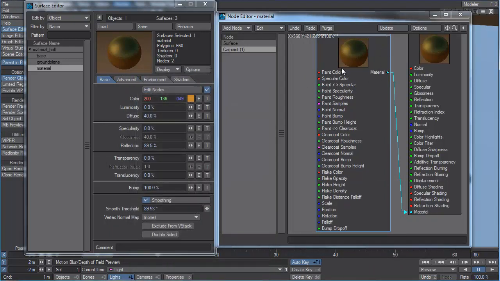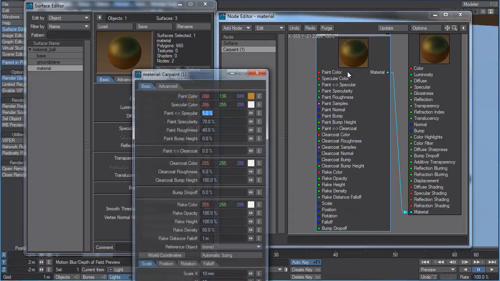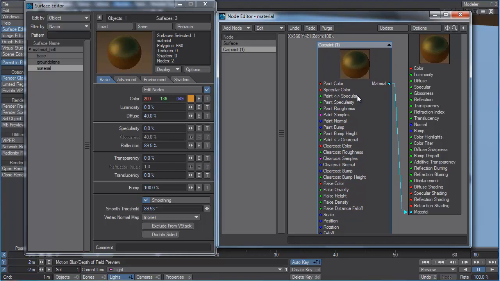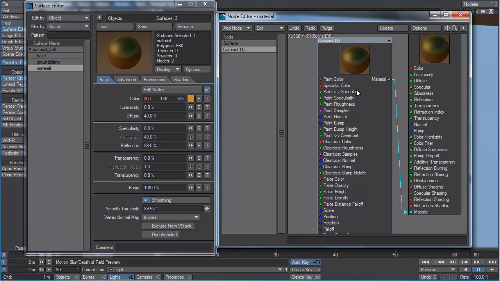And this, of course, this paint will do more than just make a color. It'll have a clear coat, so you can have a shiny extra reflection coat over the top. You can change the color of the clear coat. You have metallic flakes if you want, so you can make metallic paint with this. So you can see how this was custom designed to be car paint, either metallic or not metallic paint. So it's a purpose-built shader, and it's really fun to play with, and it's incredibly useful, especially if you're making